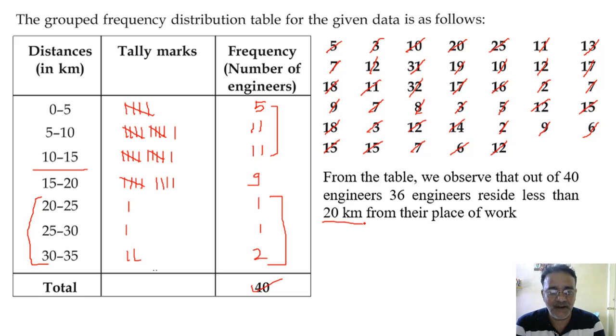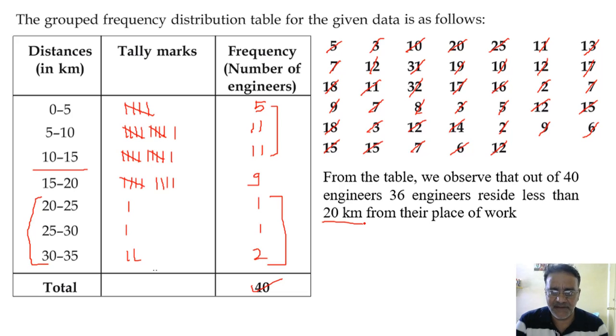फिर से मैं repeat कर रहा हूँ. More than 20 kilometer, very few engineers, that is 4 engineers, are residing from their place of work. Less than 20 kilometer, more than 50%, around 36 engineers are residing from their place of work. So like that you can